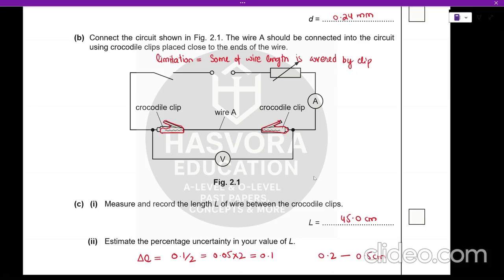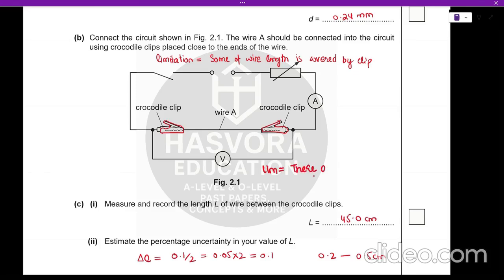So what can be the improvement? You can just measure the length between the clips, and then add two times the width that is being covered by the clip. Or you could also use narrower clips, or you could use a sliding jockey, or soldered wire, so there is no wire being covered by the clips. Another limitation that could be possible here is that there